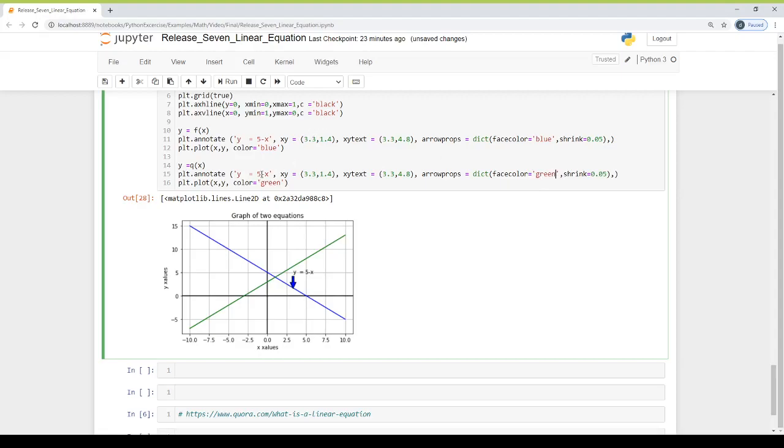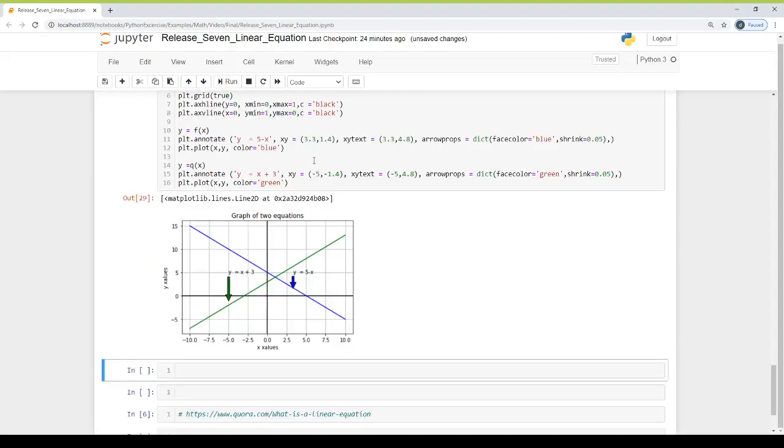Color, we can choose any kind of color. Our y is here x plus 3, x plus 3, and the position where we want it, 1, 4, and second position, first position is -5, -1.4, text position -5, 4.8.